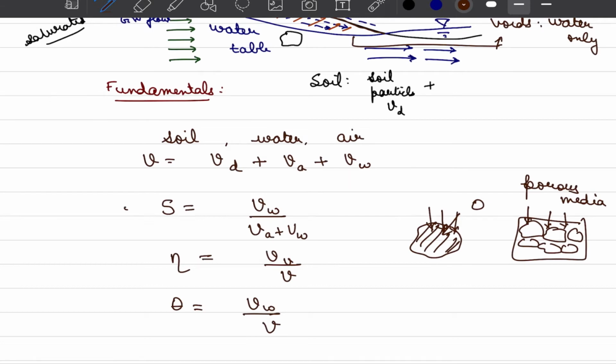Now you see that all these three ratios, 1, 2, 3, are essentially some combination of the quantities that we have mentioned here, and we have covered all three phases that our soil parcel is going to have. And when we talk about hydrology, we are specifically interested to understand how the soil moisture content, often represented as SMC, would change with respect to time. What are the governing equations?